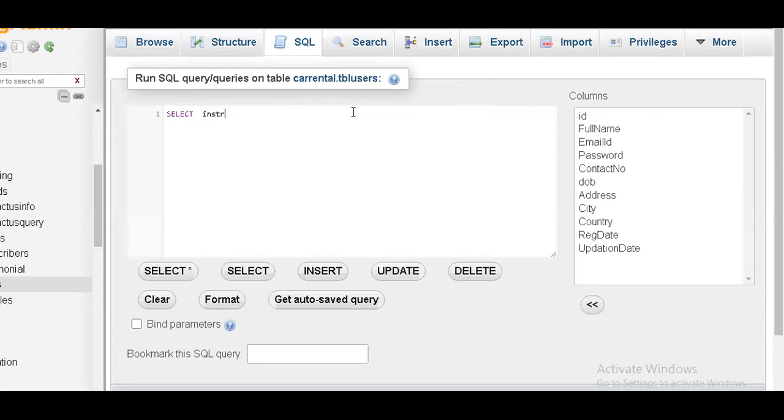So I'll say instr of something called Govindraj. So what happens, we'll see. So there is a problem over here.